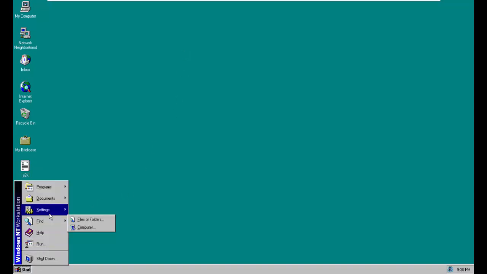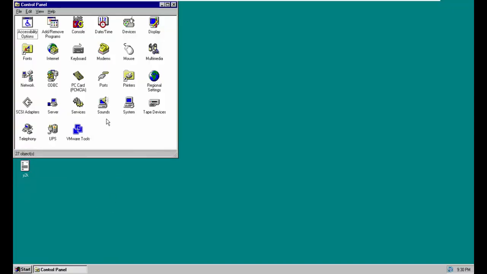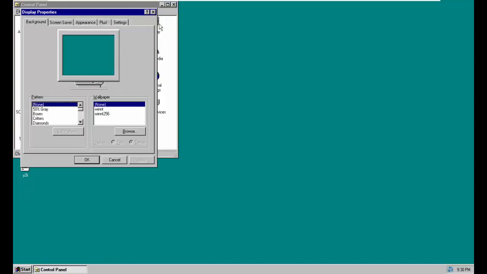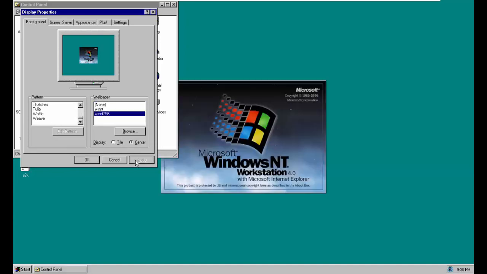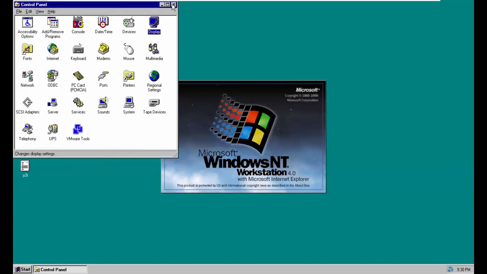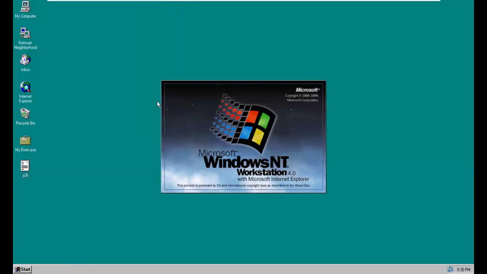and then like I always like to do is see what kind of backgrounds I got. Go over here to display, hit a Windows NT one, probably not. Well, technically it does. I'll take it. It looks good enough for me. And with Internet Explorer,